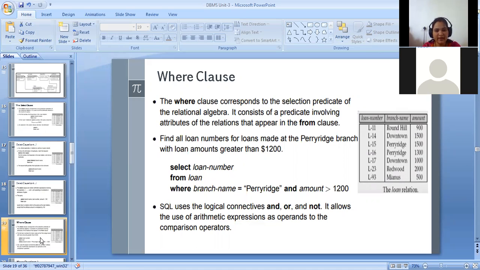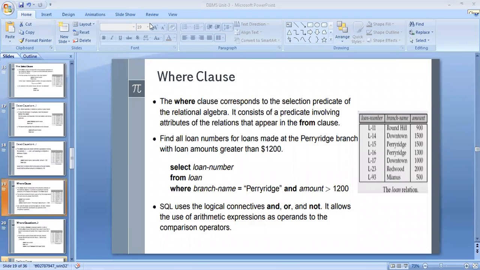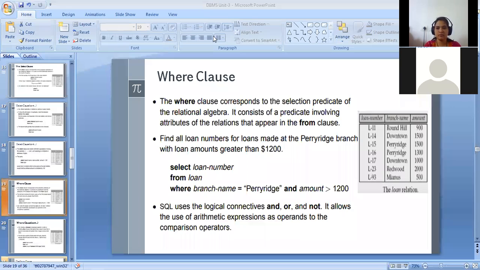Like that, we have to use the where clause. Hopefully you all remember these points. Is there any doubt in these points? Yes. Let me know here only.